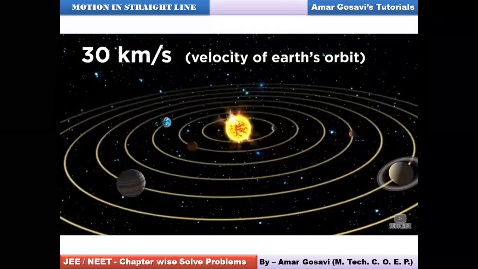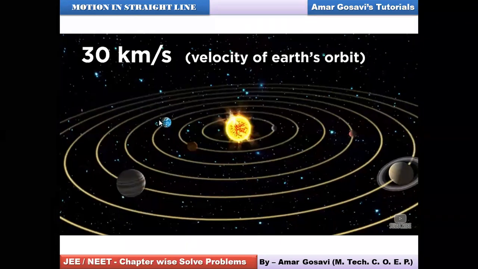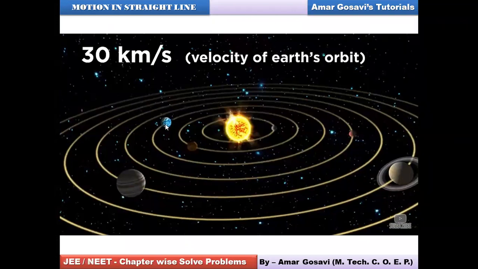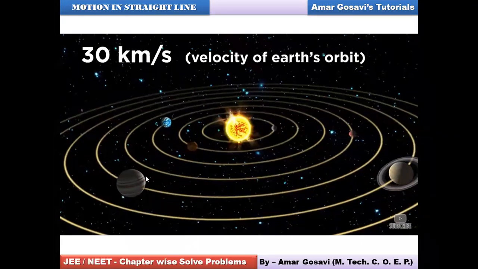Here you can see when we talk about relative motion, the velocity of Earth's orbit will be different with respect to different planets. Say, for example, Earth may be moving with a different velocity with respect to this planet. The velocity value will change with respect to this planet and so on. So it will depend on planet to planet. Okay, that's what relative motion is all about, because we relate the two observers moving in this case.